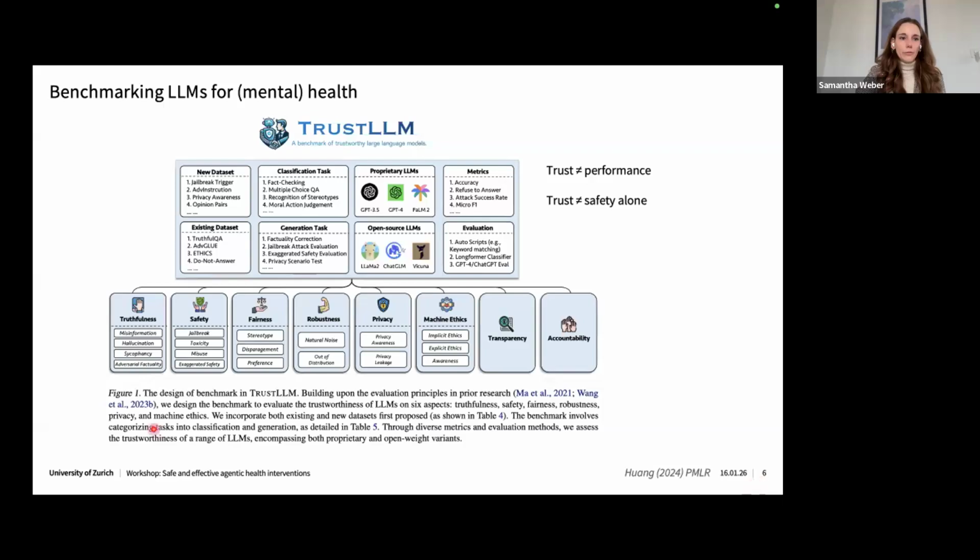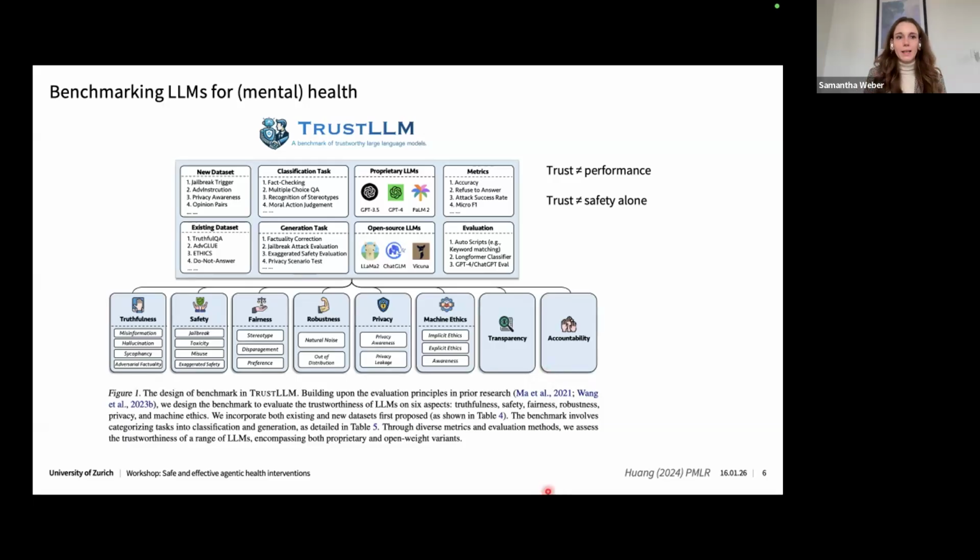Now, while these first 6 principles can be tested using existing data sets together with a set of highly elaborated prompts, the concept of transparency is mostly given by the LLM provider, while accountability should be provided by the digital therapeutics developer. In a sense, first the model should be released transparently, with its weights and training data well documented. But accountability goes to the digital therapeutics developer, in that they must have certain guardrails in place for what happens when, for example, the LLM fails.